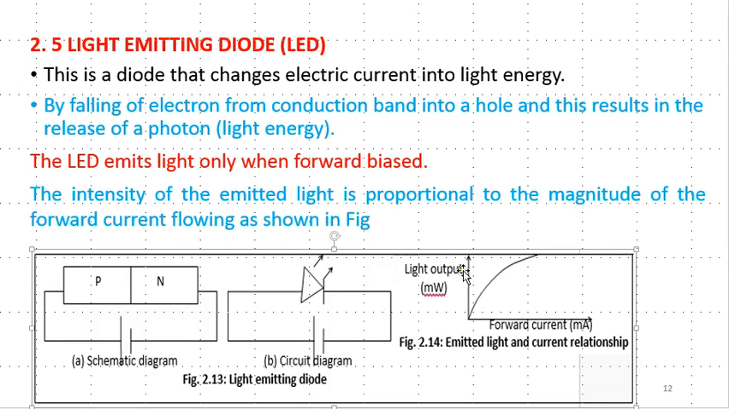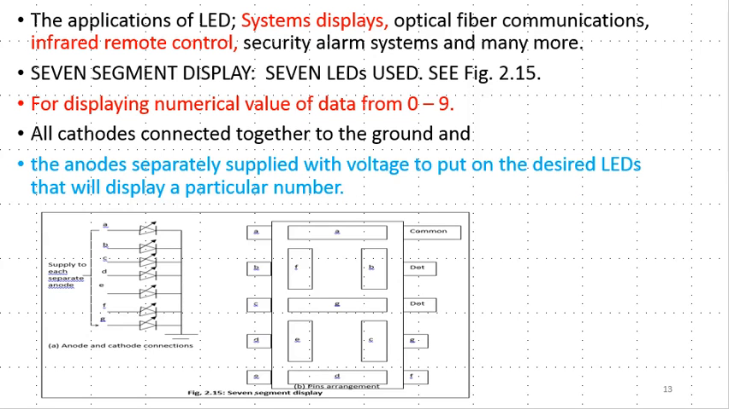And I also said the intensity of the light is directly proportional to the forward current, meaning whenever the current is increasing, you can see that the light is rising according to this graph, and that is what we mean by they are directly proportional to one another. Now,